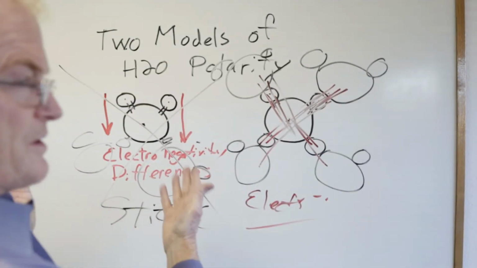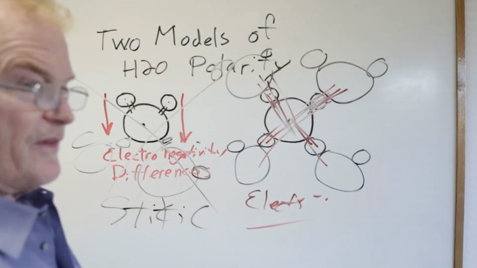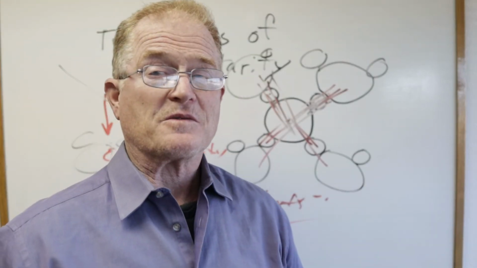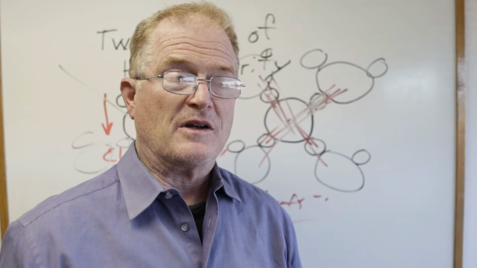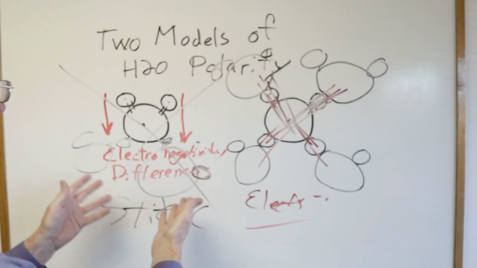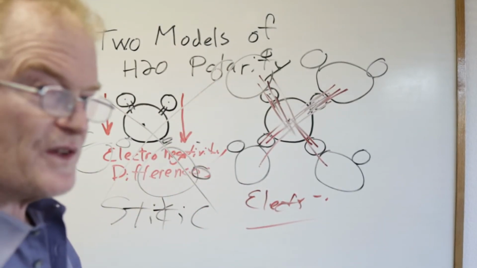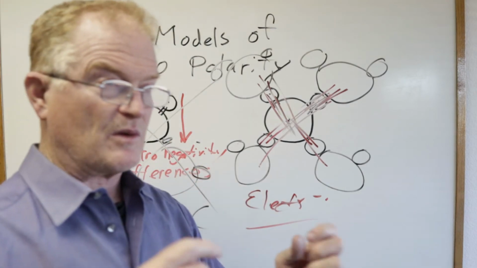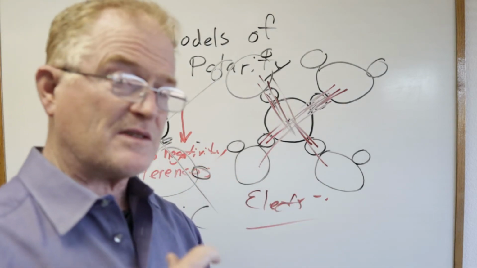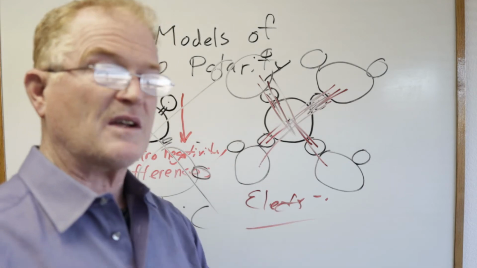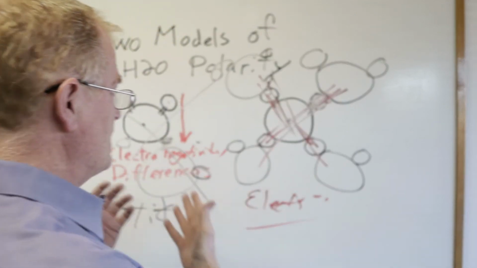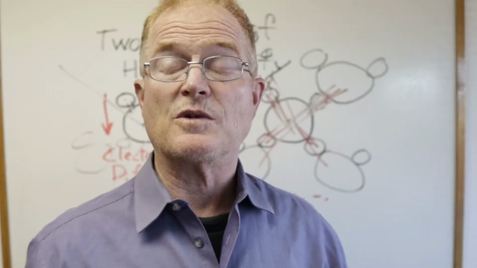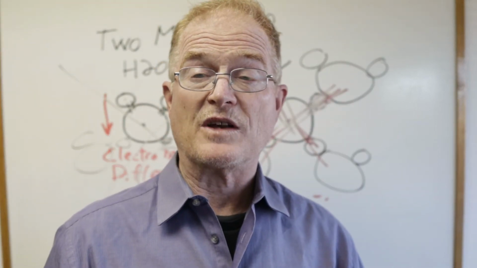So the traditional model completely fails. And it has failed ever since it was developed, right from the start. It fails, for example, to predict the very low viscosity of liquid water, because it predicts the polarity on each H2O molecule is going to be constant, the same, and something significant, like 100%. Well, if that was the case, there would never be a situation where H2O's viscosity was low, as we do find